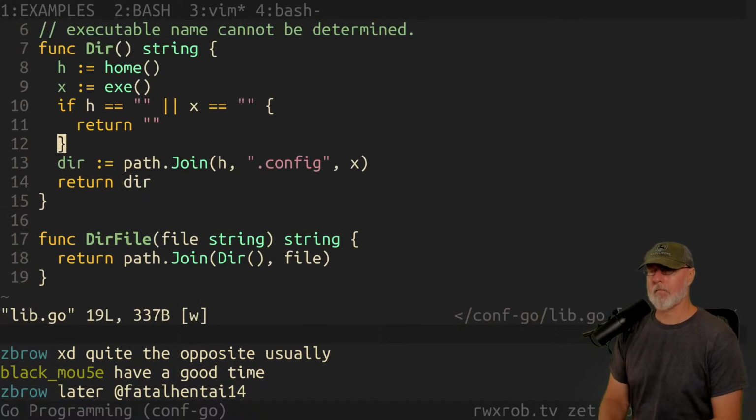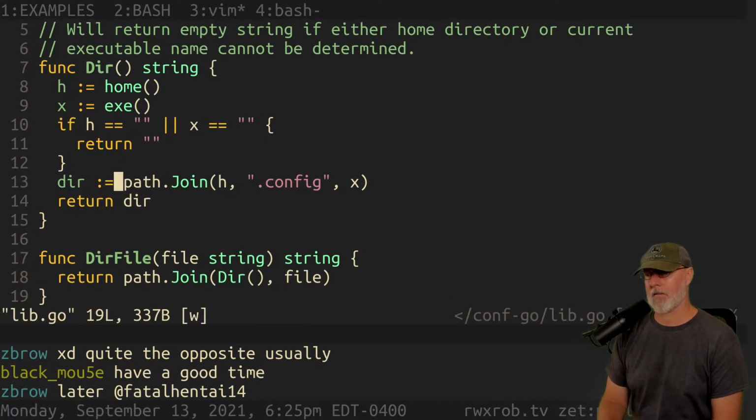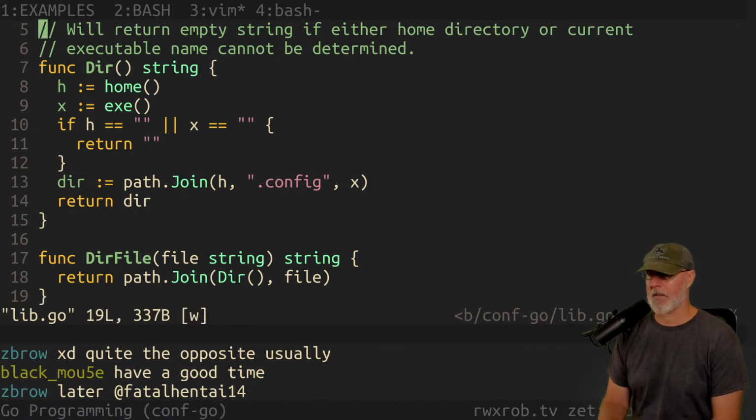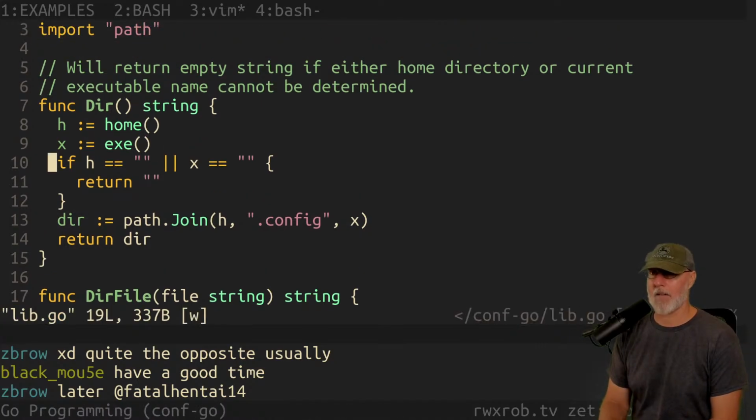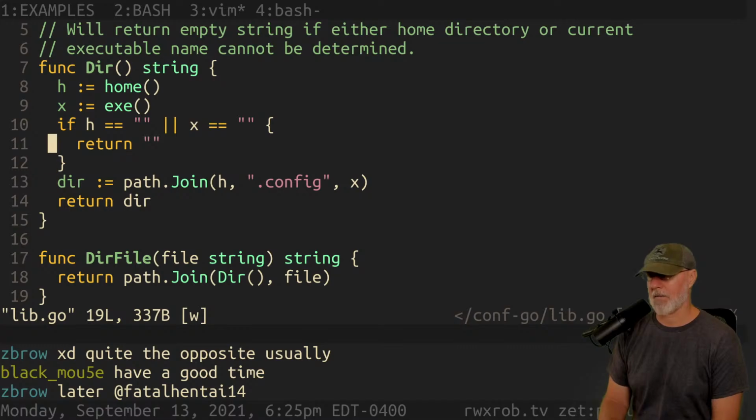All right, so we've got our directory ported. We're making sure that we're being really safe, that we don't accidentally send back /config if the other two things are empty for any reason. Because it's time to be more paranoid, right? We're starting to write a real application. And we have the directory file down here, which is calling this one, which is yet again the reason not to just call home, right? Because now we can reuse all this validation code down here by calling dir instead of all this.